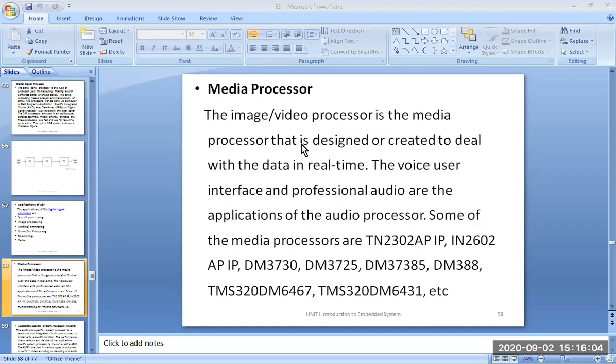The processor which is used in a TV is not needed to compute all the general purpose operations. These processors are meant to process the signal according to the algorithm.